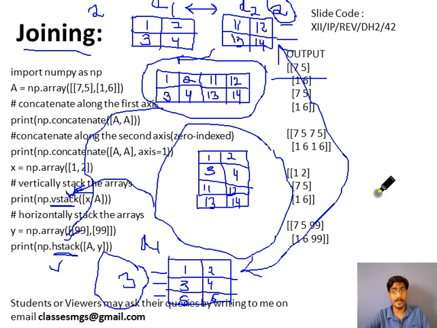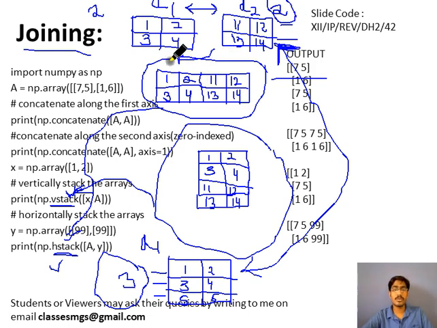Keep this in mind. If a question is asked where two arrays are given, the number of rows is not the same, and the code is written for horizontal joining, then you will write in your answer that the number of rows in both arrays is not the same, so an error will be displayed on the screen saying that the size is not compatible for joining. Okay, so keep this in mind.